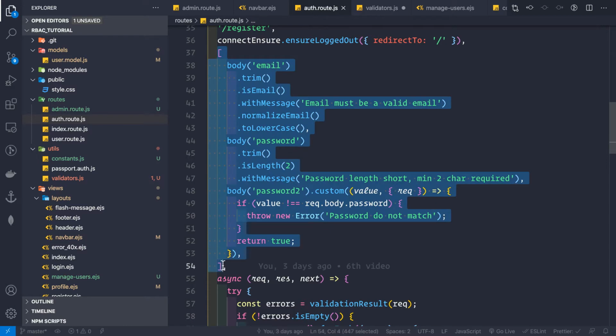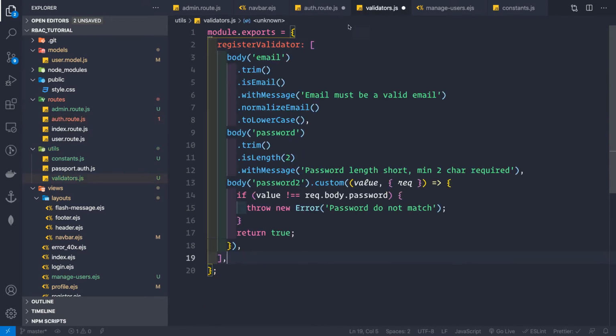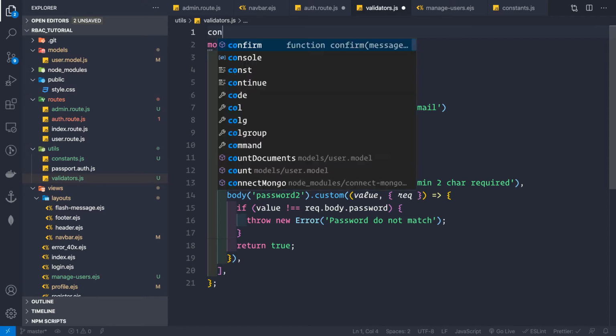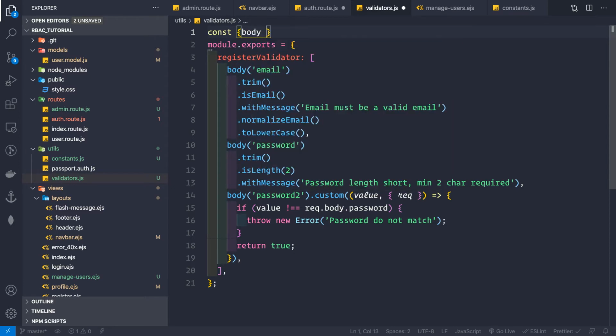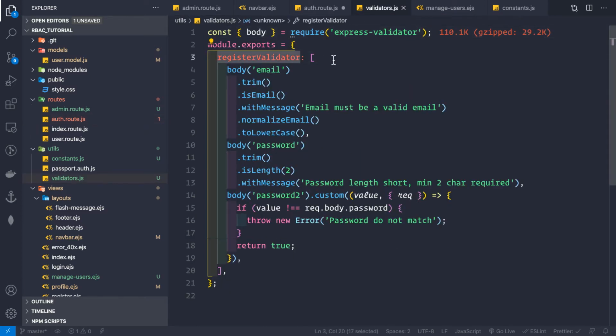So let's copy this middleware. Let's cut it out from here and paste it here like this. And now we need to require body from express-validator inside this file. So we'll say const body equal to require express-validator like this. Now let's save this file, and now let's require this registerValidator from this file